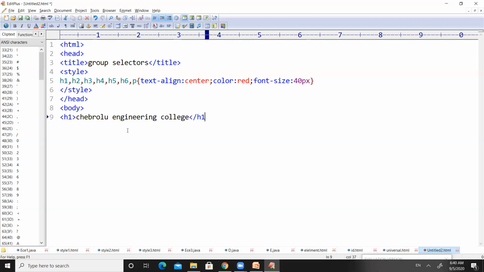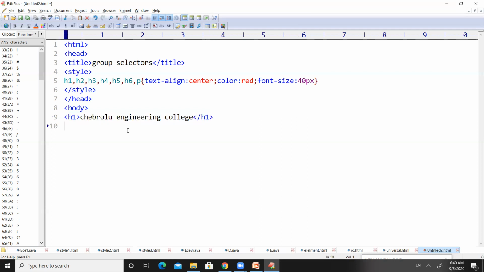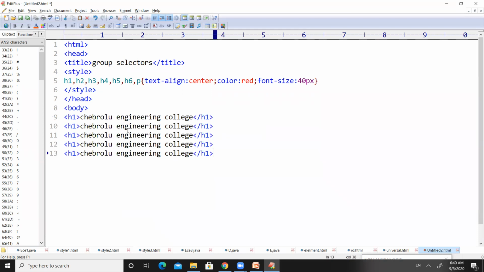And let us close this H1 heading. And after giving the H1 heading, let us give H2 heading. And I'm just copying and pasting, and I will just change the names here, right?